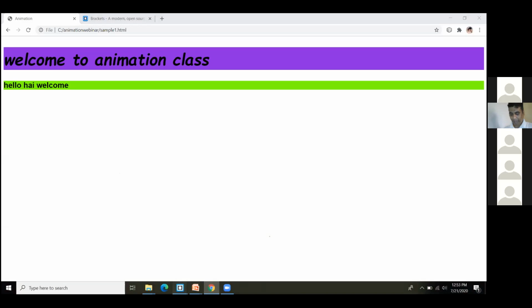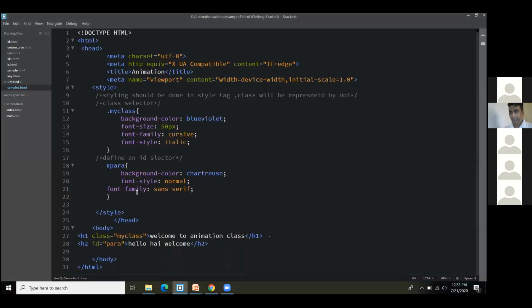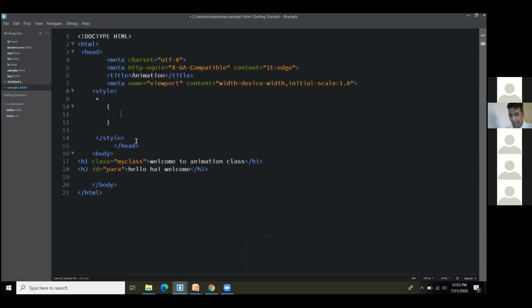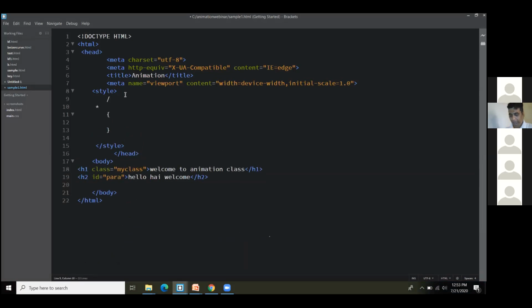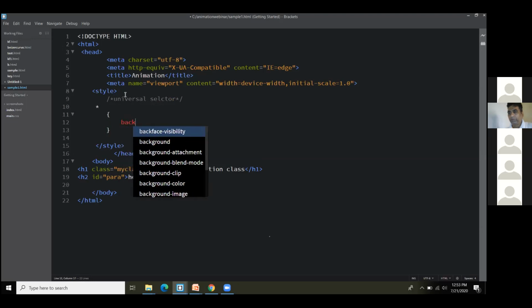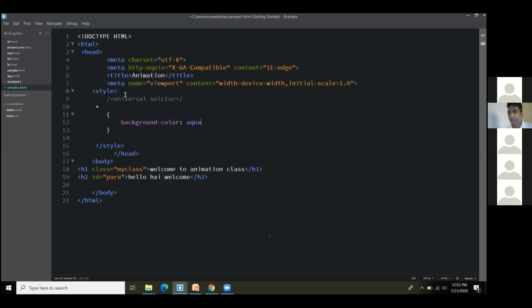See here, what I'm going to do, I'll be removing all these codes. Let's put a star over here. Star applies for all. If you give some background color, we are not mentioning anything else over here.